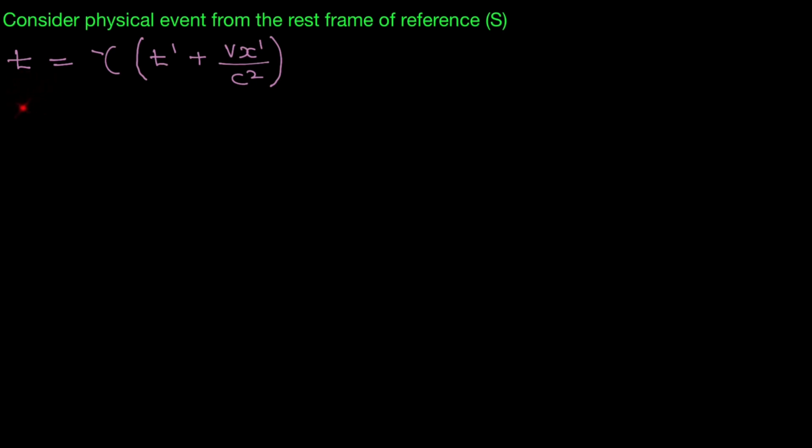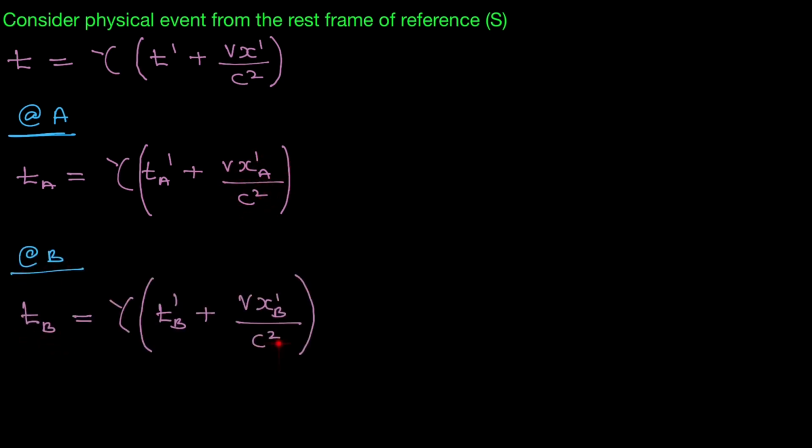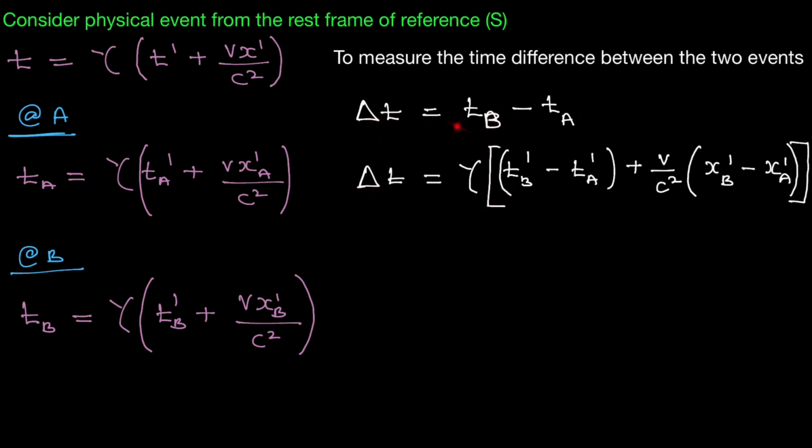Consider a physical event from the rest frame of reference S, where T from the reverse or inverse Lorentz transformation equals gamma open bracket t prime plus vx prime over c squared close bracket. At event A, we get ta equals gamma open bracket ta prime plus vxa prime over c squared close bracket. At event B, we get tb, also the same. Now we measure the time difference between the two events, where tb minus ta is the delta t, which we call the relativistic time,